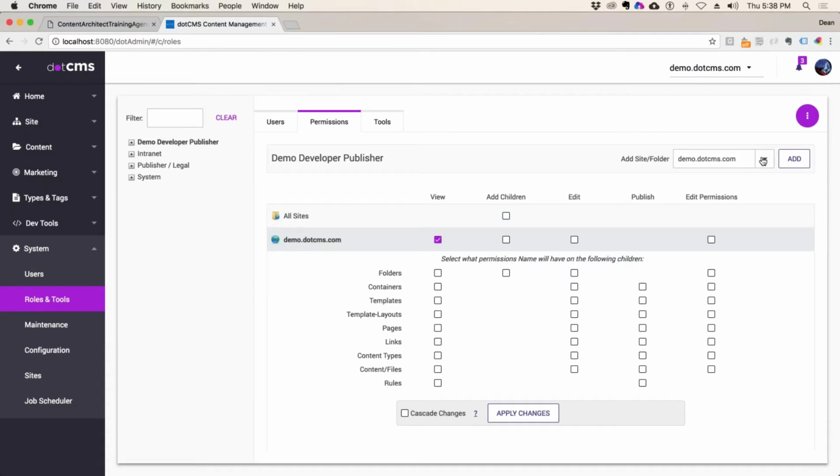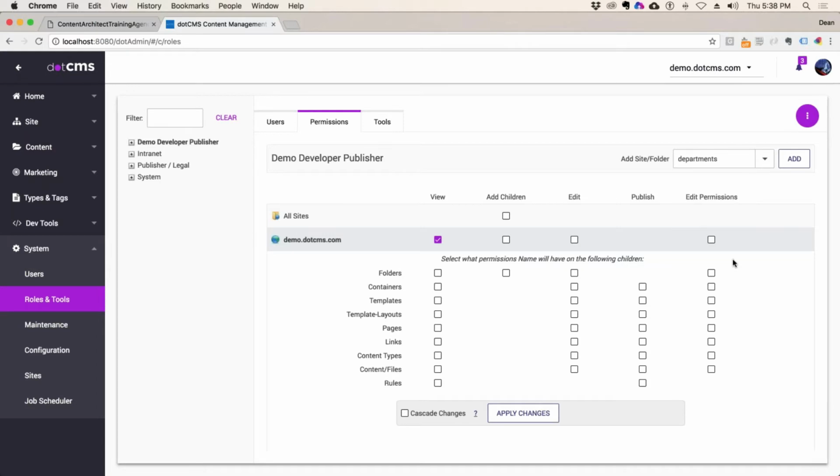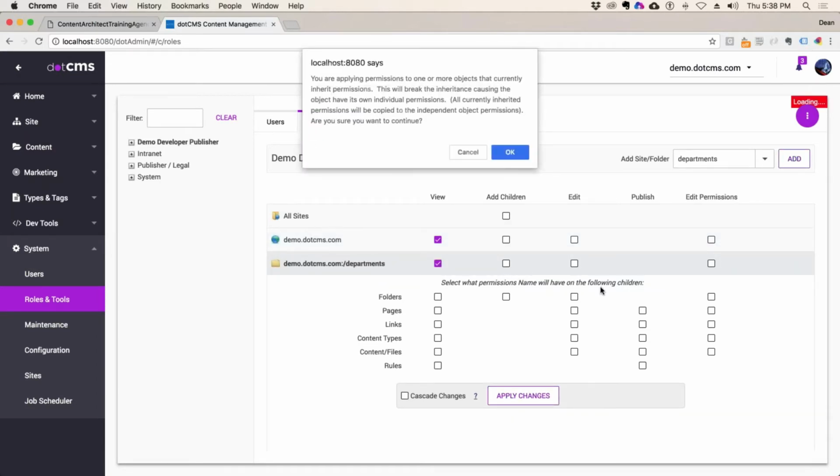We're done. The next thing we said that we were going to do is the parent folder. And what did we say was the parent folder? That was this departments folder, right? Click add on the departments folder. Once again, view. Now, why do we have to do that? Now, it does say that